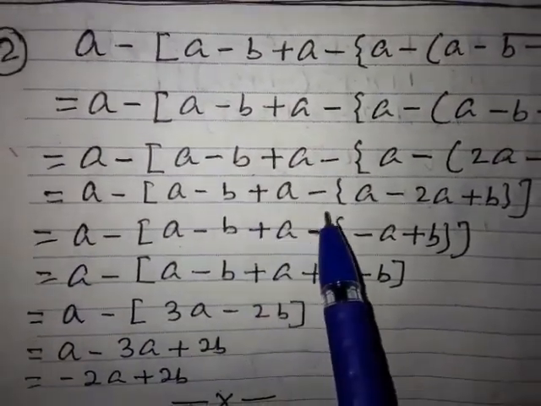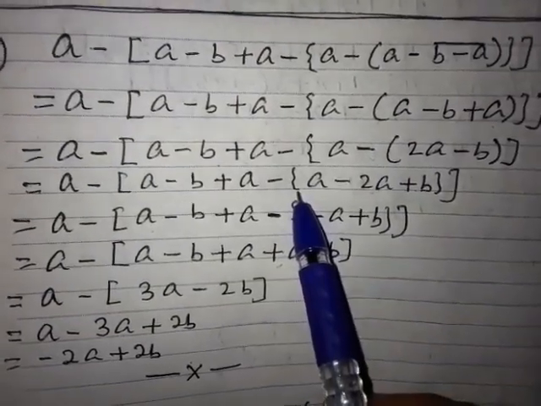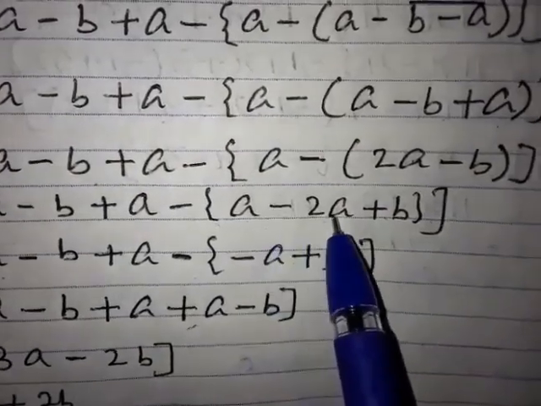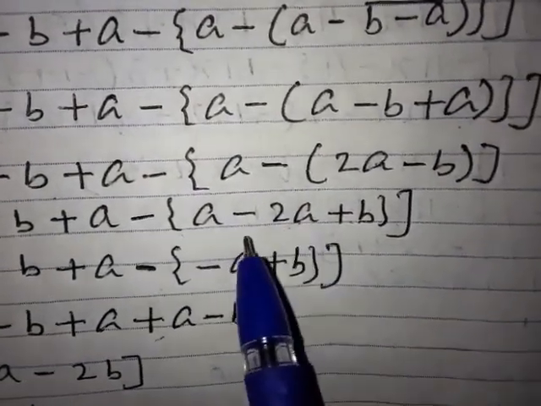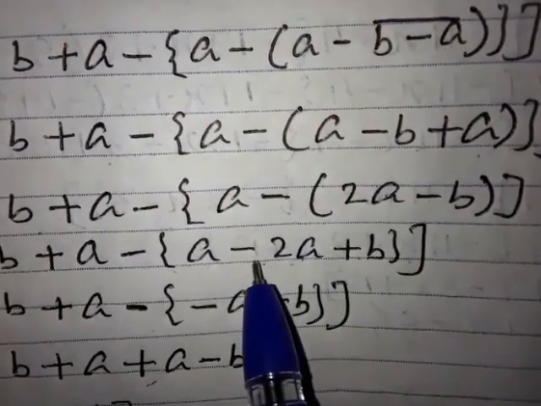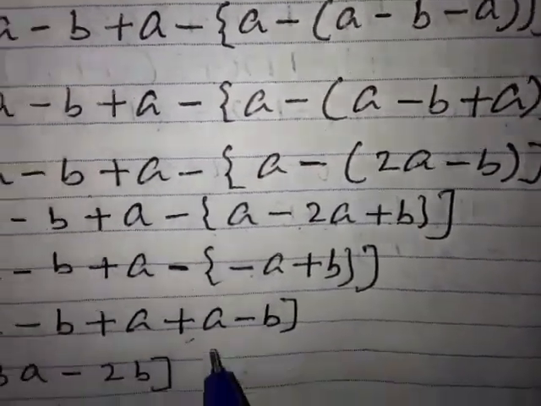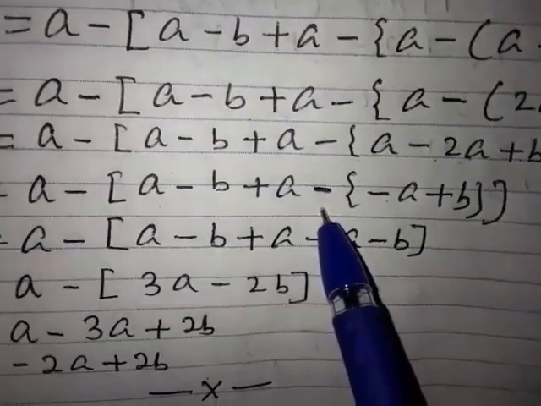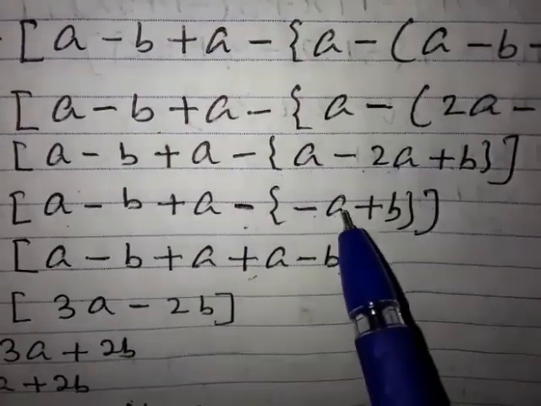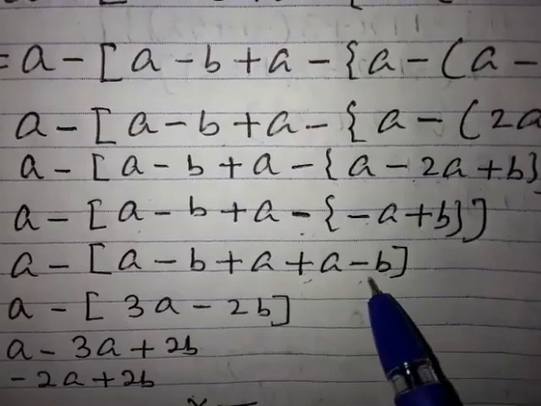In the next step, we are going to do the calculation of which one? The second bracket, or the curly bracket. Whenever you are going to do the calculation of the second bracket, you must have seen here a minus 2b is there. This I already told you, if there are two numbers with different signs, in between no multiplication, no division sign, whatever sign is there before the bigger number, put it, bigger number minus smaller one, I did it, I got it here. Now again you can see, before the second bracket a minus sign. Whenever a minus sign is there, if you are going to remove the bracket, whatever sign is there, their opposite sign will come. It already came with the opposite sign, minus becomes plus, plus becomes minus.